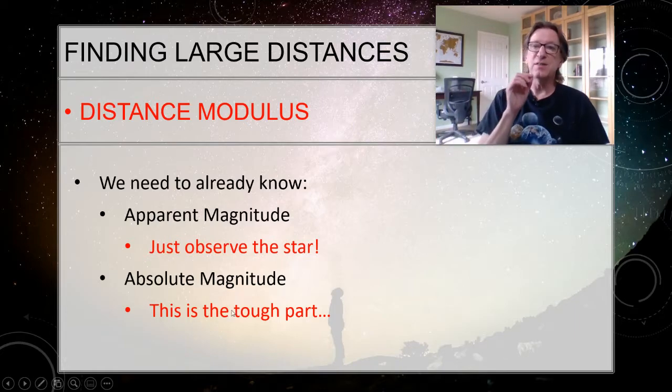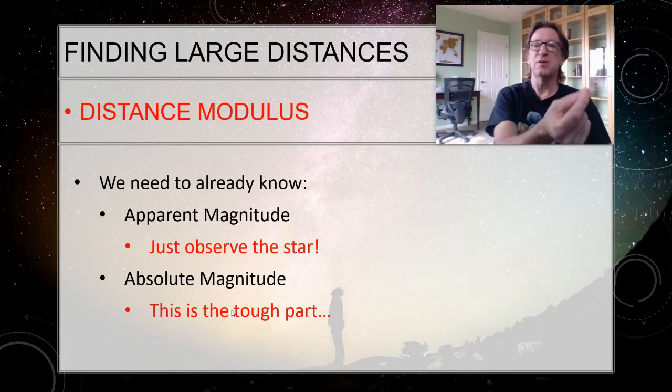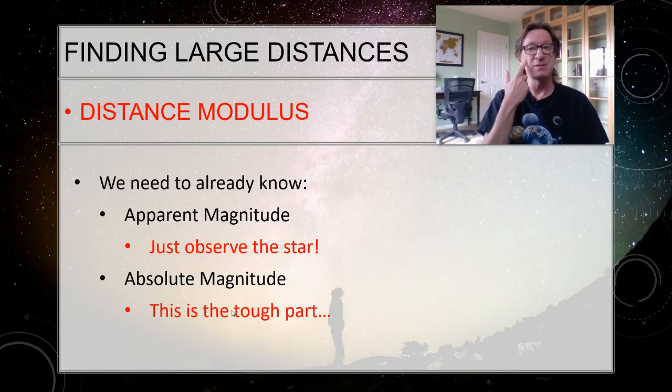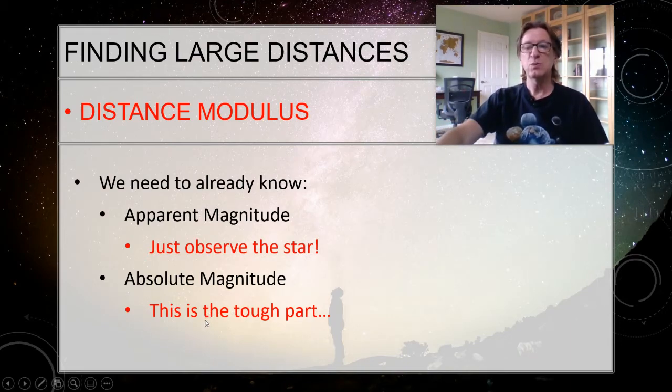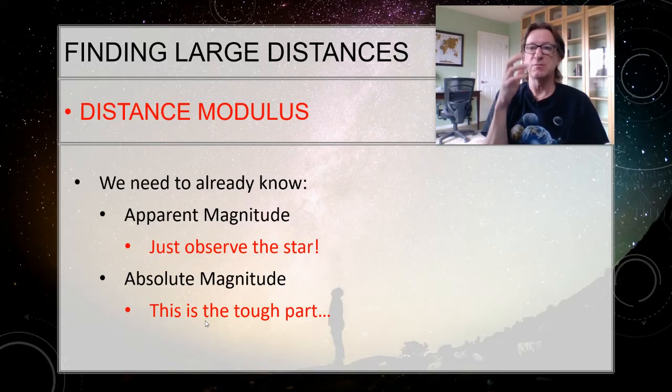There are certain objects that we call standard candles that we know their absolute magnitude. So if I see that object there and I'm able to recognize that that is that type of object, I immediately know its absolute magnitude. Well, I get its apparent magnitude for free, so I can calculate its distance. So the two that we're going to talk about this time are called a Cepheid variable, which is kind of a pulsing red giant, and then the second type is a type 1 supernova.